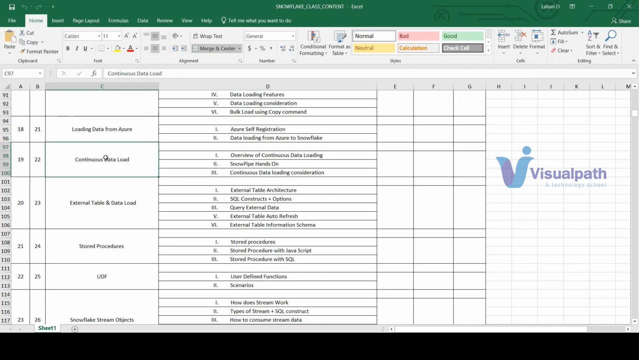And continuous data load. Many people might have heard of Snowpipe. So what is that? Snowpipe is an object available in Snowflake which is used to load continuous data coming from cloud files, whatever files are available in the cloud. If we have a continuous set of data coming at a frequency of 1 minute, 10 minutes, 5 minutes, or even 1 second, how to handle all that traffic and load the data into the Snowflake table, we will use this Snowpipe. So we'll see